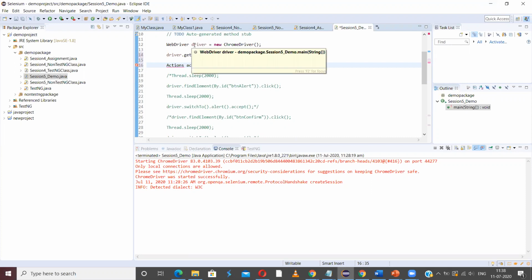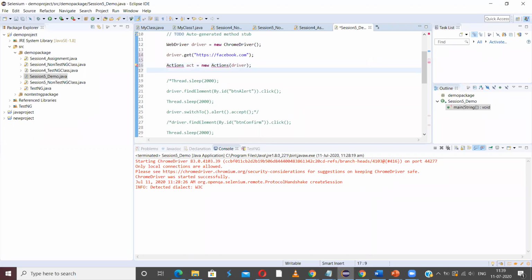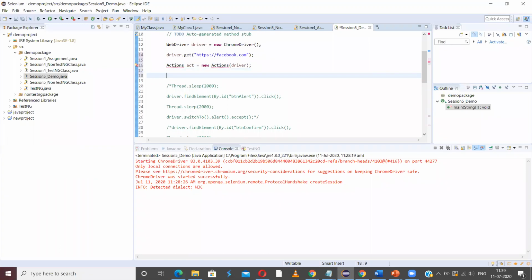I instantiate my Actions class by passing the WebDriver instance as a parameter. Now I can perform actions like double click and context click on this web browser, which is ChromeDriver. I need to import these Actions.